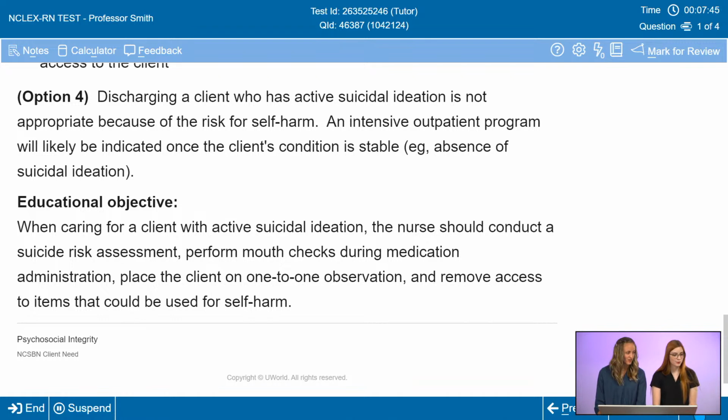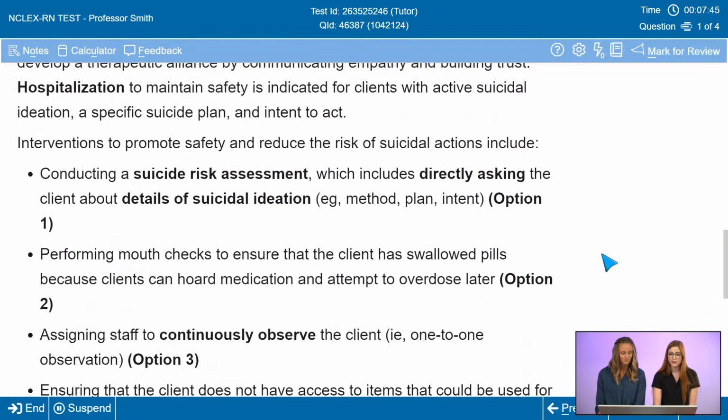I think we had some questions on this one first. Oh, yeah. So first, I did want to mention what Holly said about the educational objective here. These are great little summaries for your studying, like how she put that in the notebook. Great ways to condense your learning and your knowledge of what you need on something. But with that, we did have a question. Some students were curious about option 2, if we want to scroll back up, and why that was correct in terms of checking for what's in their mouth. So do you mind explaining that one a little more?